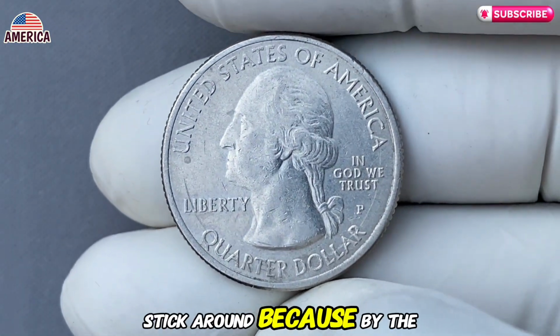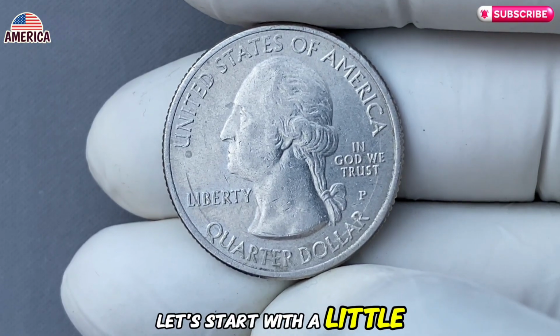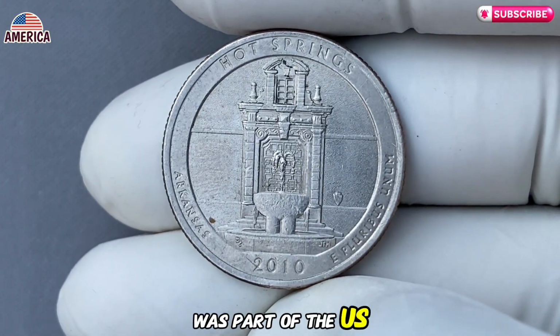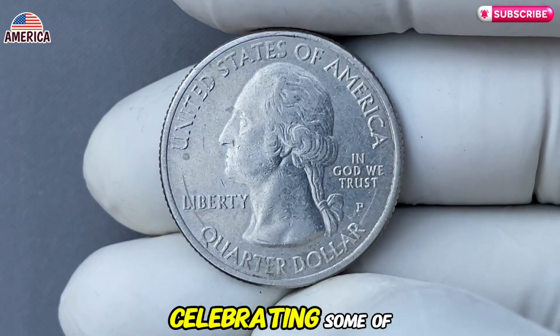Stick around, because by the end of this video, you'll be amazed at how much this little quarter could fetch on the open market. Let's start with a little history. The 2010 Hot Springs quarter was part of the U.S. Mint's America the Beautiful Quarters program, which began in 2010 and continued for many years, celebrating some of the nation's